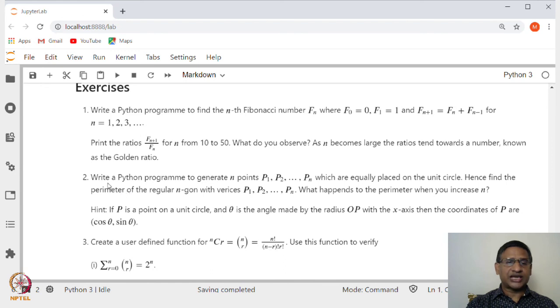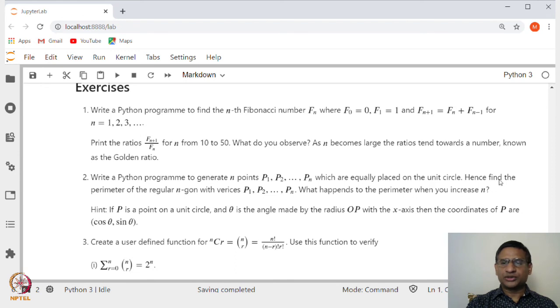Next exercise is write a Python program to generate n points, let us say p1 to pn, which are equally placed on a unit circle, right. So, on a unit circle you generate n equally placed points, and any point on the unit circle is of the form (cos theta, sin theta), where theta is the angle that the line joining the point and the origin makes with the positive x axis.